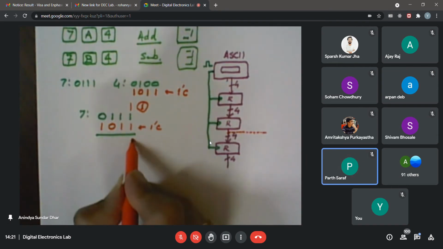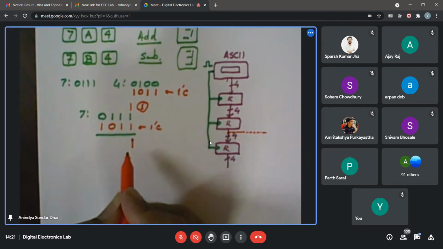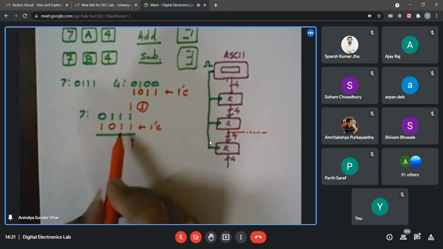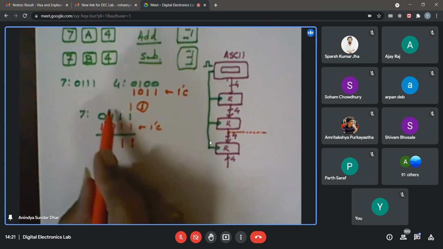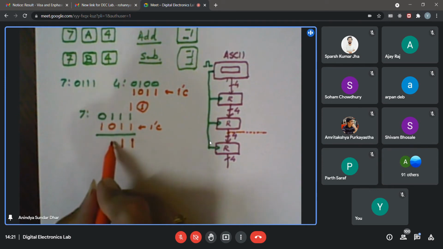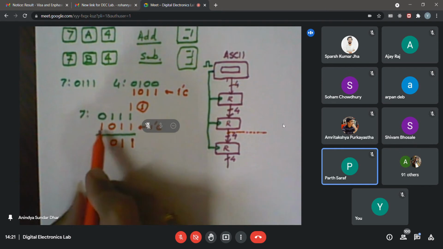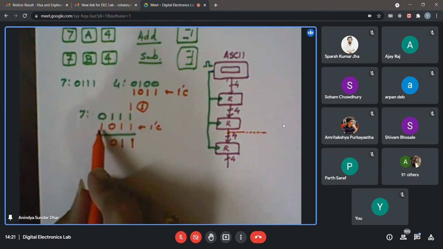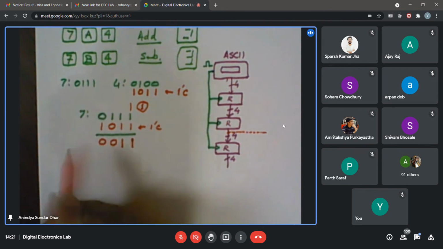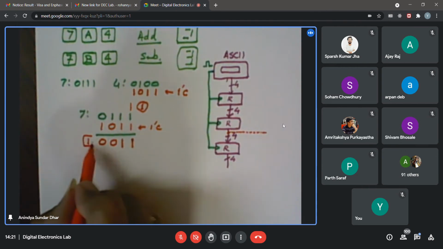1 with a carry of 1. The carry I'm not writing over here; you can mentally think of it. Once again there are three 1s, so it will be 1. Then put the carry over here, two 1s. How do I take down? 0 and carry 1. 0, there is 1 carry over here. So again two 1s, so I can put it over here with a carry.